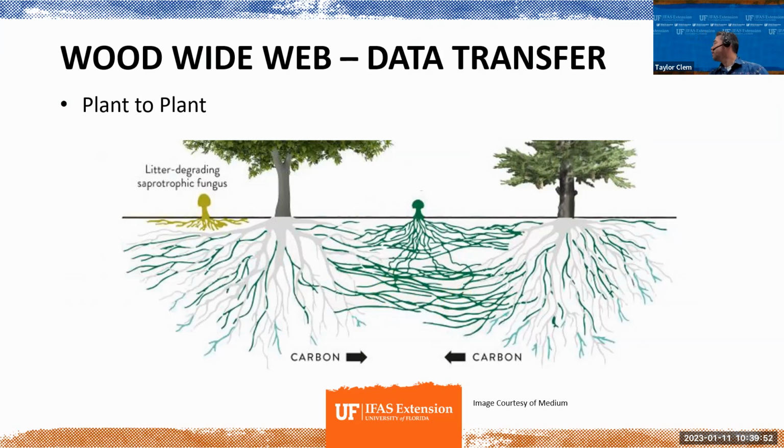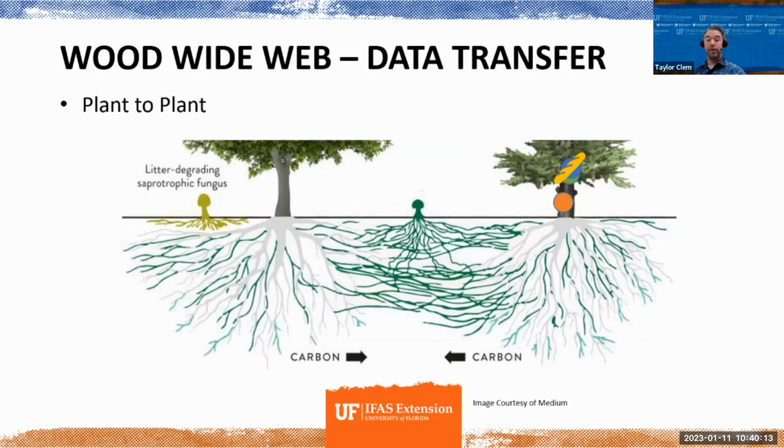But we also have that transmission of plant to plant, like I mentioned. I think someone was at the door. Can we open it? We have the ability to send nutrients from plant to plant. Like I mentioned, we can send it to other trees within the stand, offspring, etc.